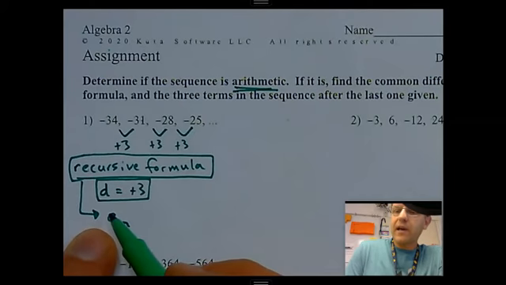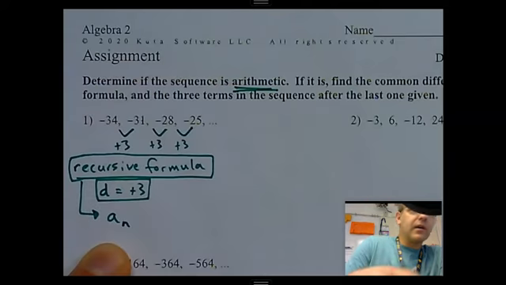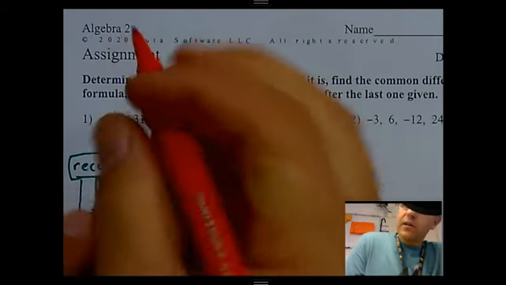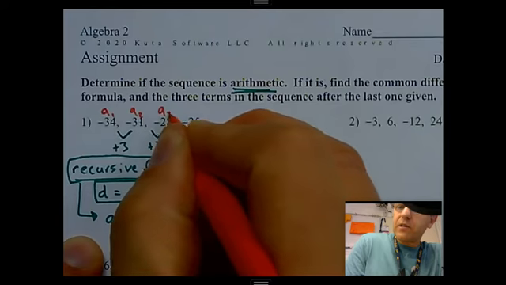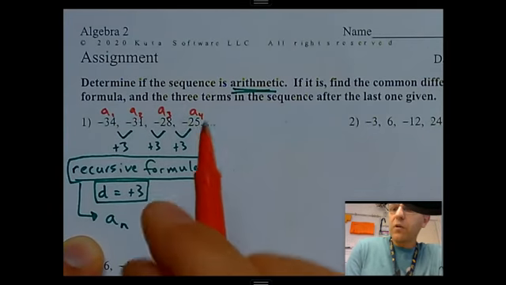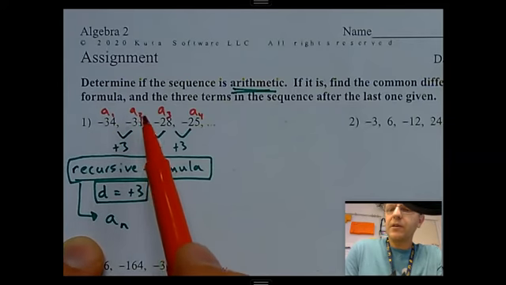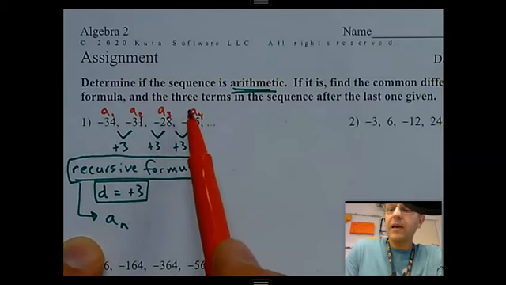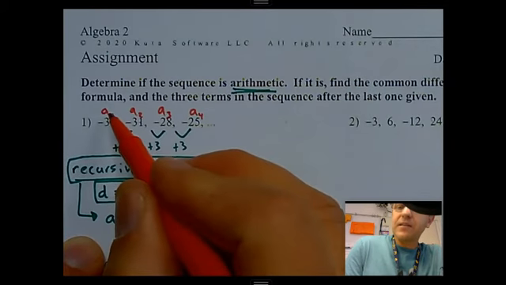So this is pattern A, and n means which term are you on. And just to be clear, this one is term 1, this is term 2, this is term 3, this is term 4. So how we read this is A sub 1, A sub 2, A sub 3, A sub 4. Now let me slow down what I'm saying. I'm saying A sub for subscript. Let me write that word up here. So what I'm saying is